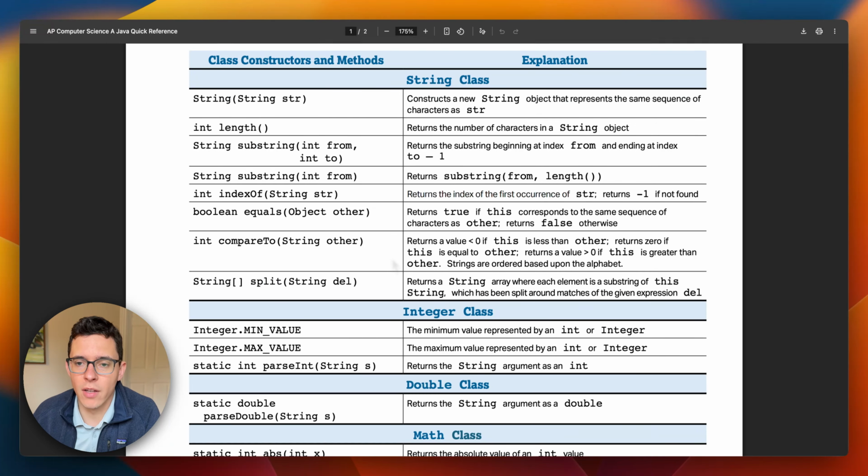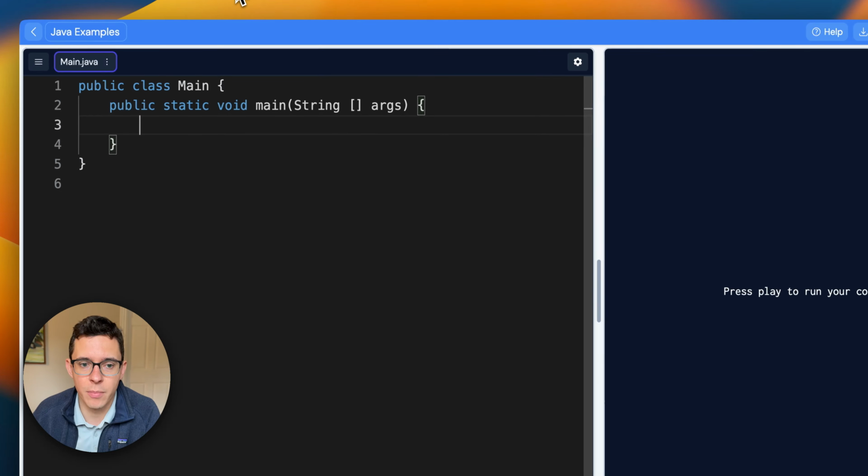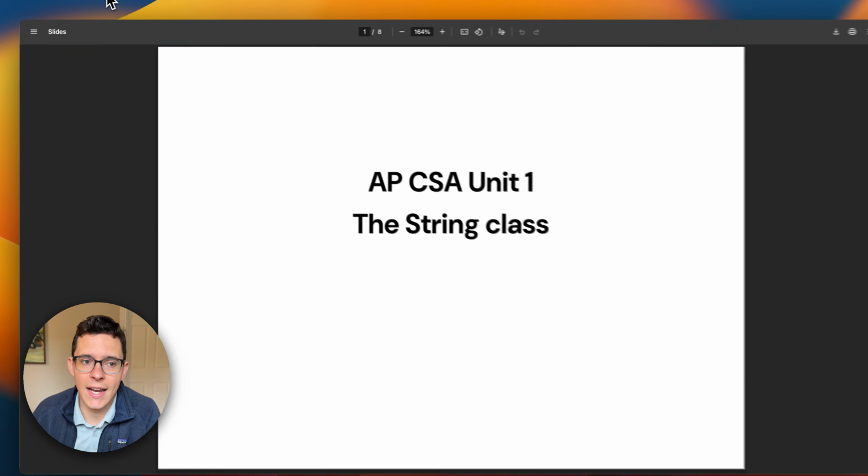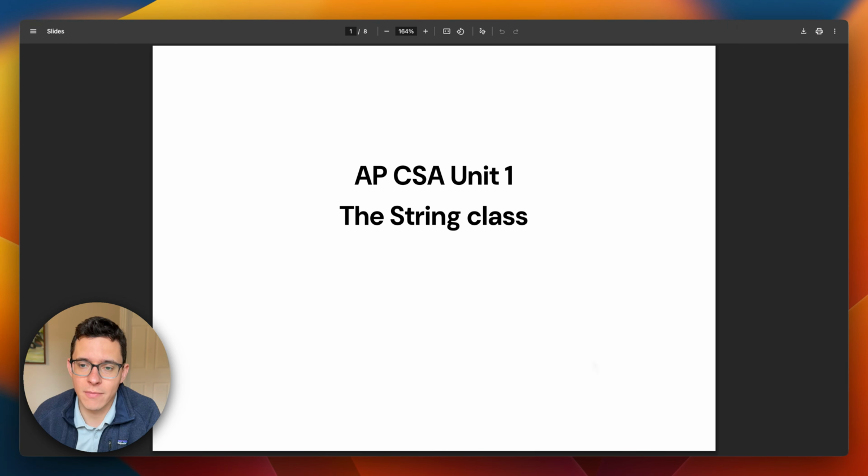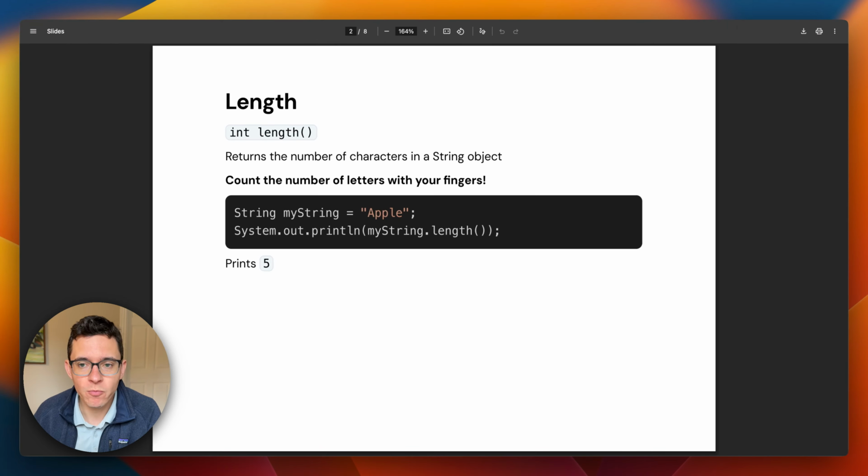We will go through all of those pretty quickly in this video, and we will go through a couple of code examples in our PickCode IDE here, and then we will call it quits. So let's get started. The length of a string is the number of letters or the number of characters